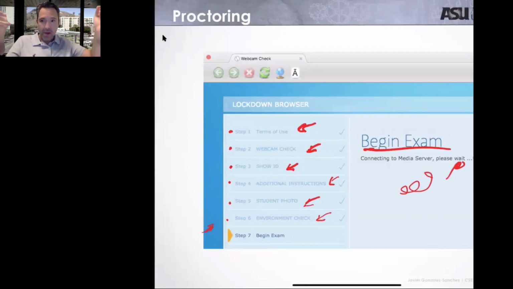And then the last thing, it's going to give you instructions like, please take your camera or your laptop, whatever, and show your desk. Basically, it's going to ask you for a 180 or 360 degrees show of your room. When you finish, you're going to be able to check what you recorded. And please be sure to show your desk. Please be sure to show the system that you do not have any book or any calculator or any phone